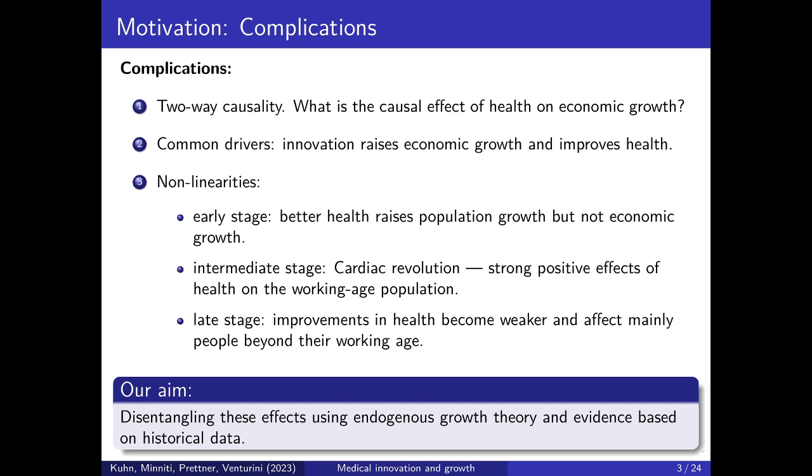At later stages of the epidemiological transition and of development, improvements in health basically occur for diseases that affect older people. So there is a transition towards cancer, dementia, and all these kind of diseases. And they are much more resource intensive to treat, and in addition, the increase in life expectancy that you get for treating one of these diseases successfully is comparatively low, because you have other diseases that you may get comparatively quickly.